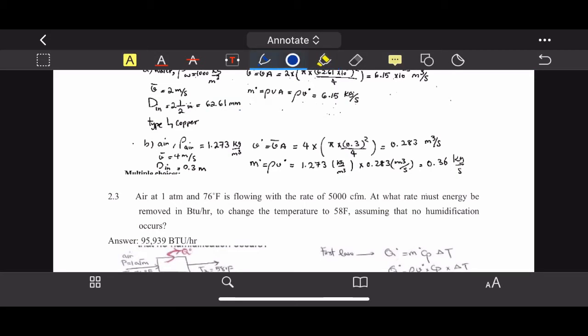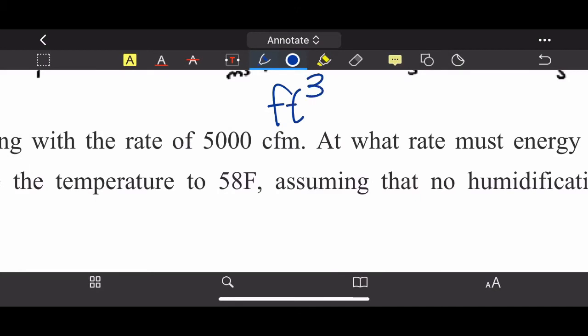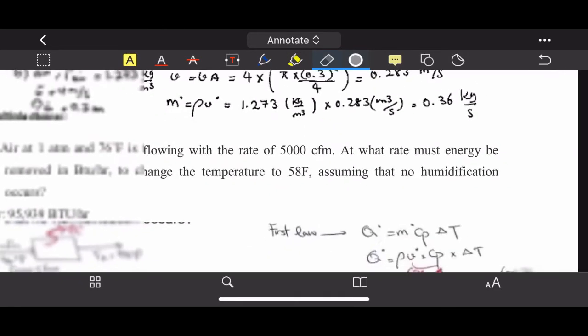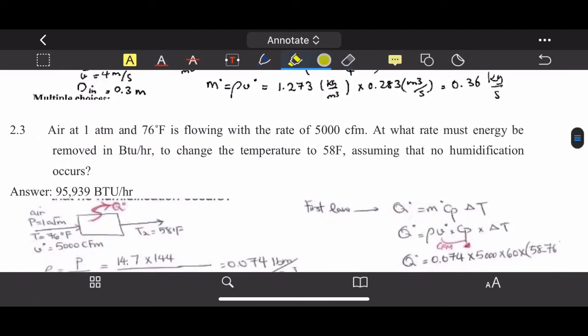Cubic feet per minute, ft^3 divided by minute, also known as CFM. At what rate must energy be removed, in BTU per hour? BTU stands for British Thermal Unit. For 1 hour, how much needs to be removed from that flowing air to change the temperature from 76 to 58 degrees